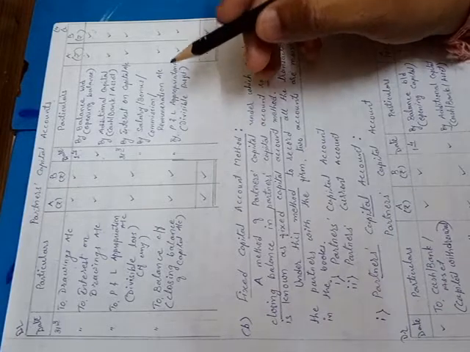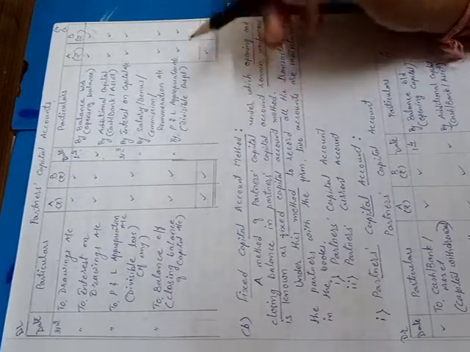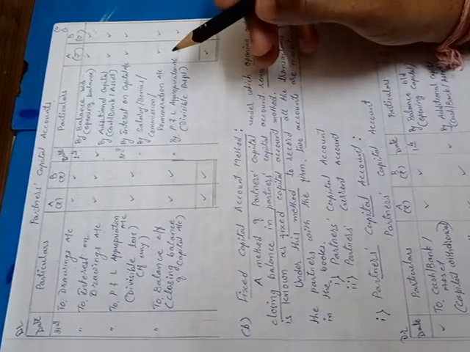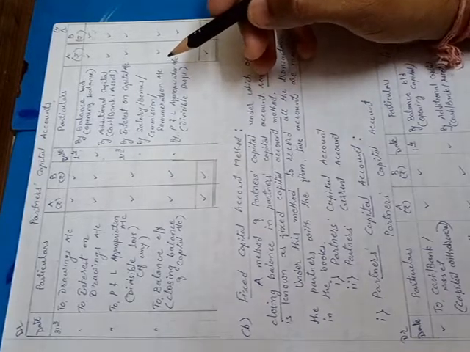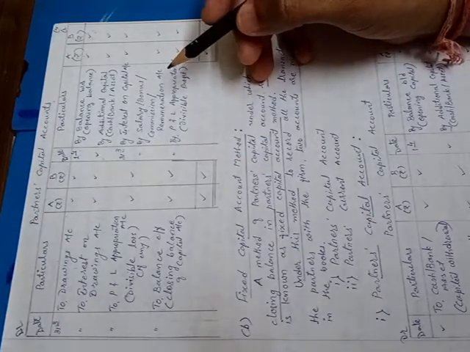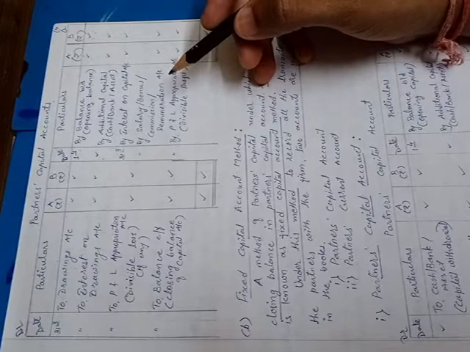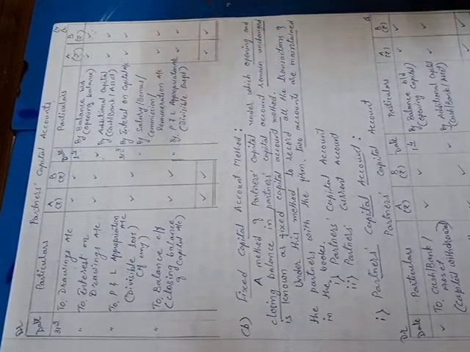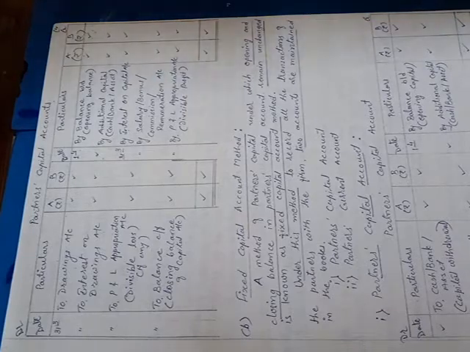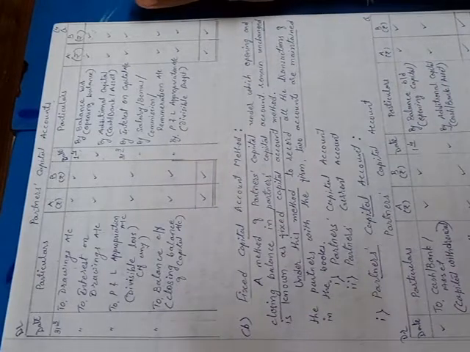Like if suppose that there is a profit available in a profit and loss appropriation account, over here we have to transfer the profit. So if there is a profit available in profit and loss appropriation account, then profits always have a credit balance. You all know profits and gains are always credited. So if you want to transfer it to capital account, that profit account will be debited and that capital account will be credited where it is to be transferred.